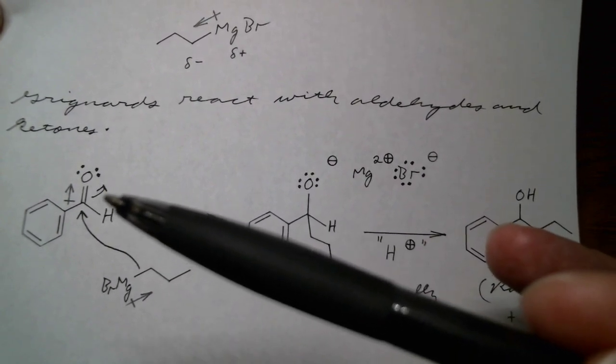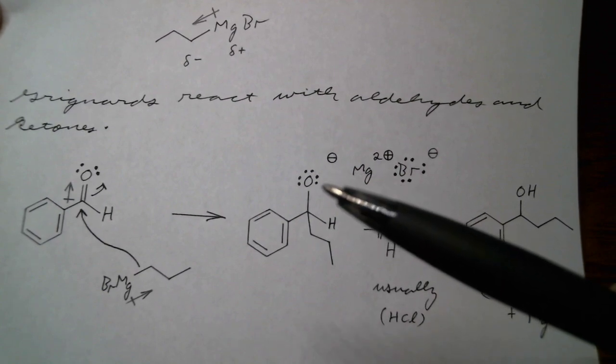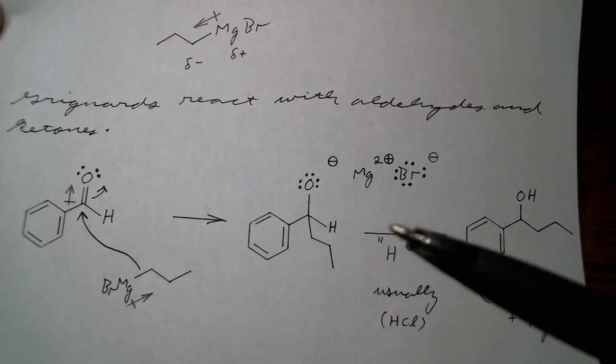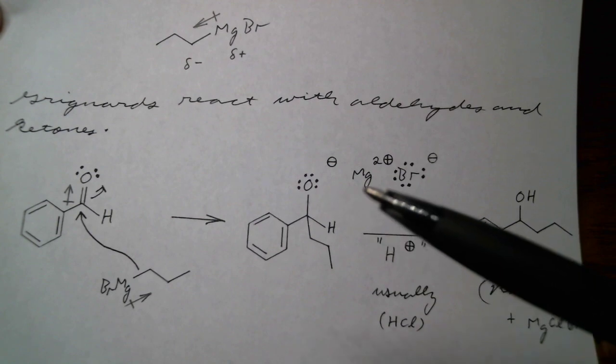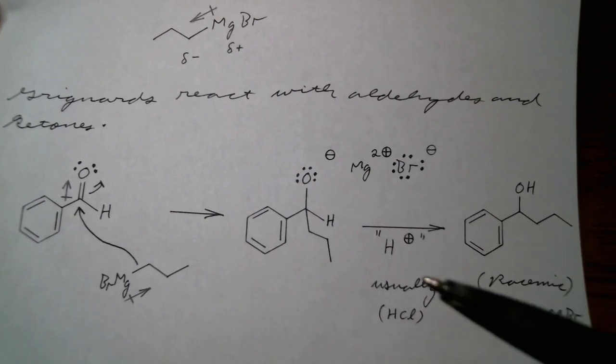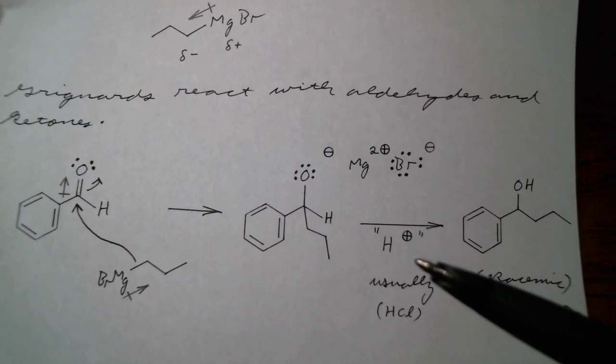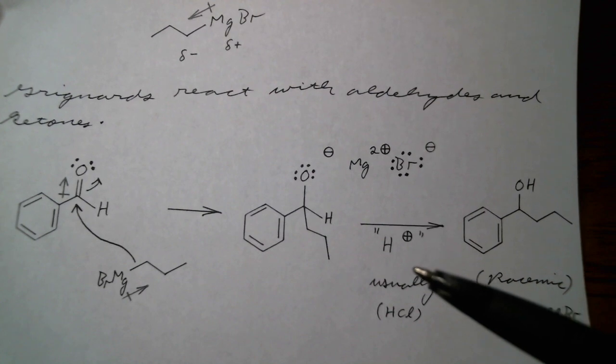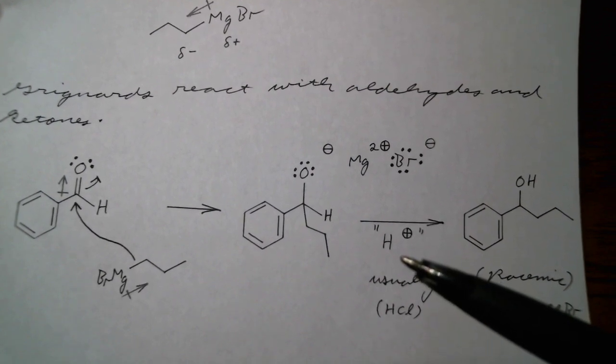Now what happened to the double bond? It broke. We pushed a pair of electrons up onto the oxygen. It's got a formal negative charge. Our magnesium 2+ is still hanging out, as is our bromide. Then we do a subsequent aqueous acidic workup. Here it's usually HCl. Sometimes we just say H+,